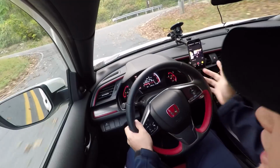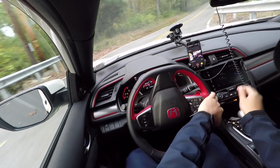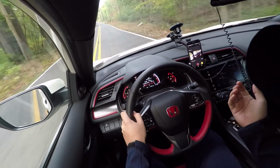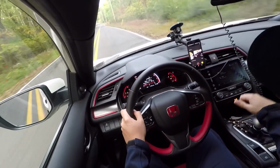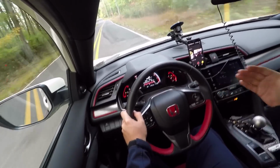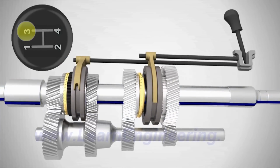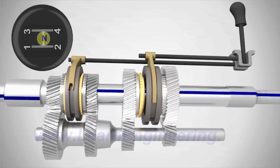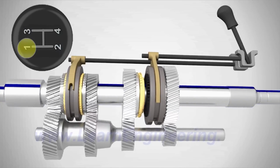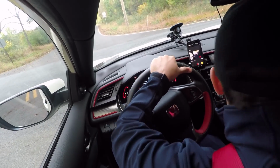This next one I've been guilty of, and a lot of people that I know are guilty of this. The next one is, do not rest your hand on the gear shift knob. Resting your hand on the gear shift knob is an issue because as you rest your hand on there, it prematurely wears out the shift collar. Basically this is connected to a linkage that's connected to the transmission, and if you press on it enough, inadvertently you're going to be moving it around a little bit, and if you move that around without pressing the clutch in, it will wear out